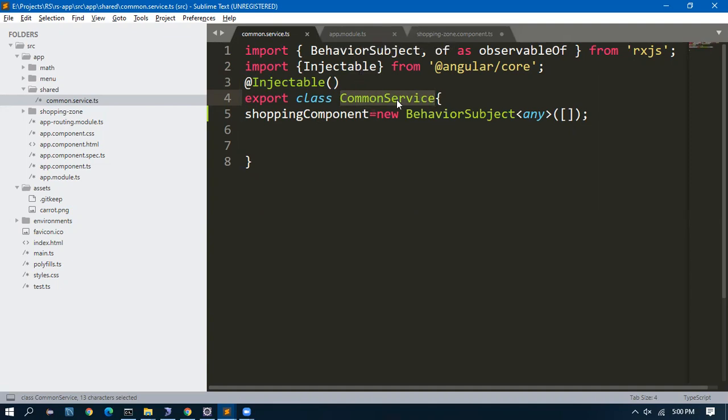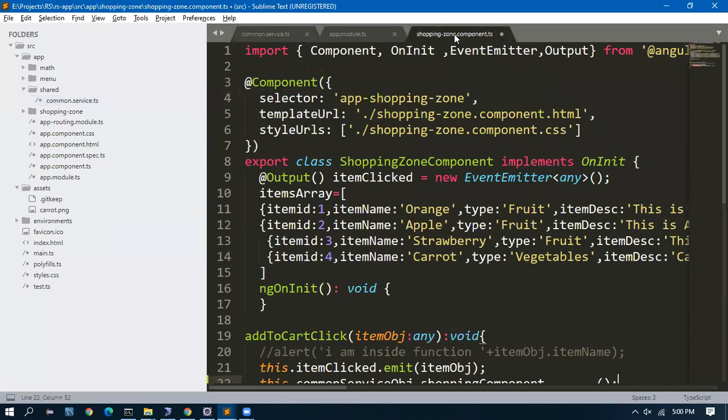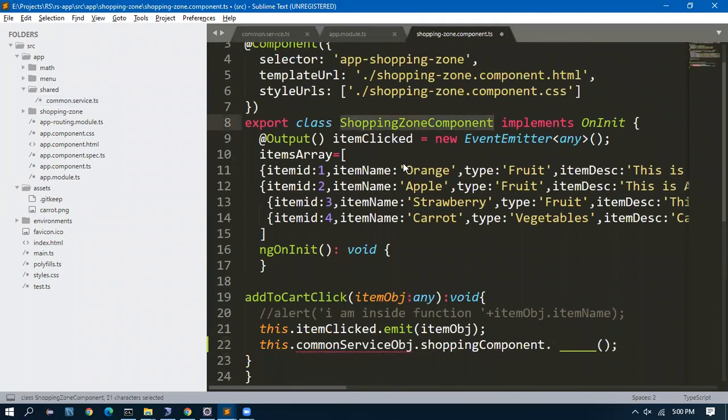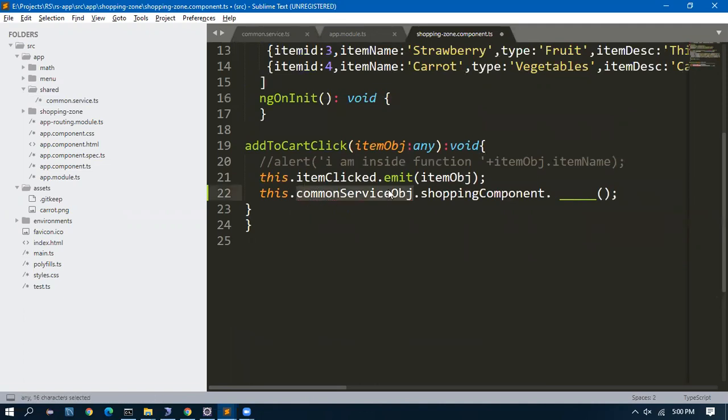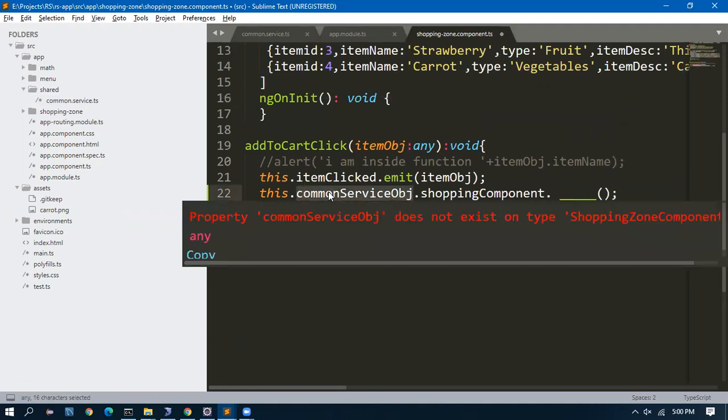Okay. So if I go to shopping zone, I said that I will use common service, but it is telling common service is not known.